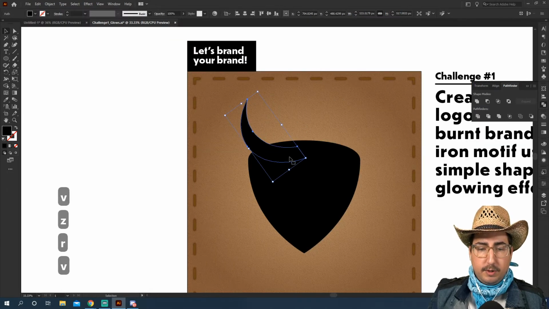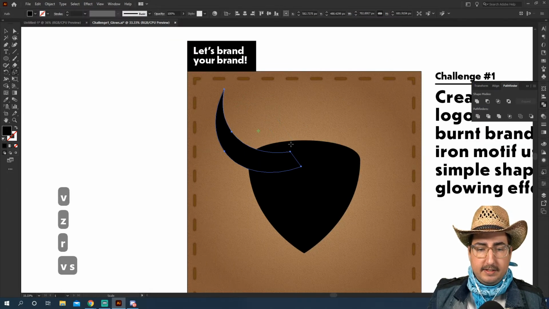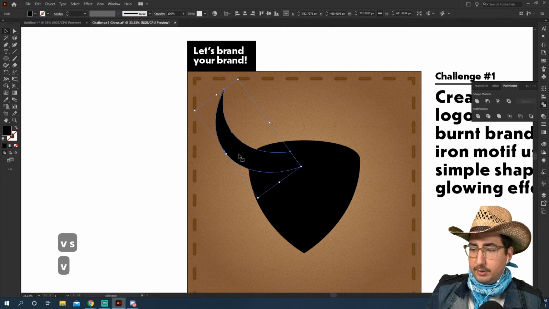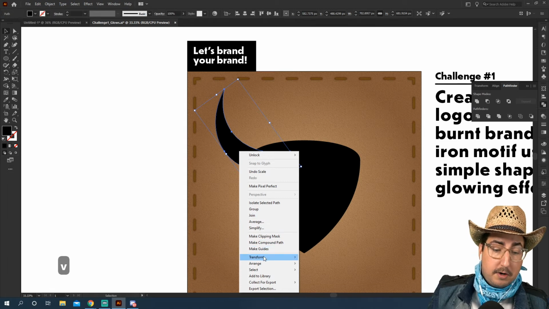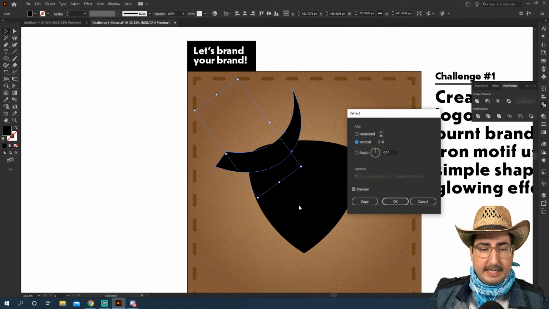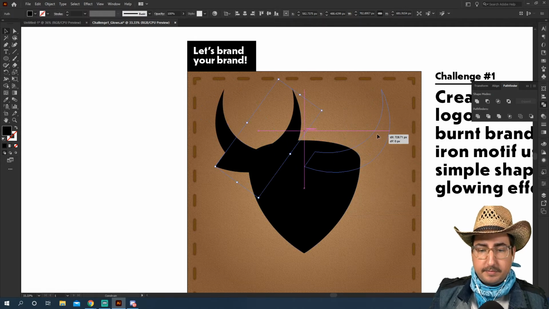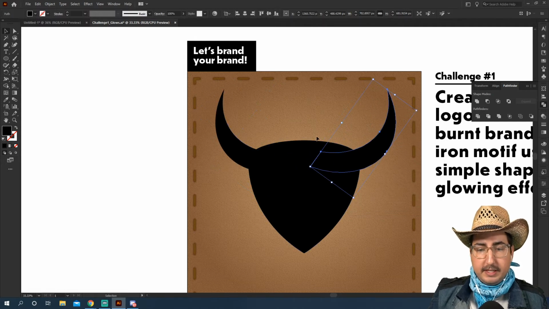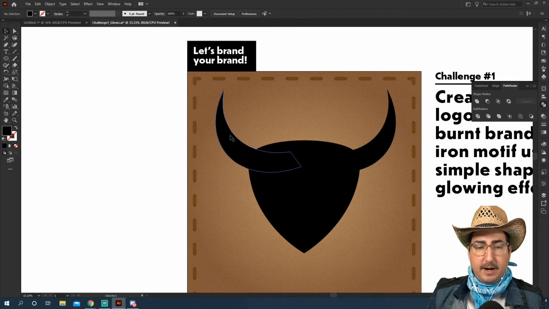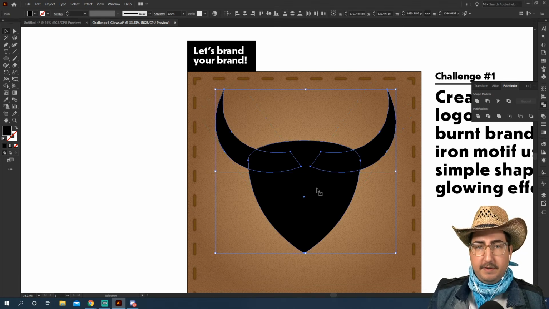I'm going to use R to rotate them a little bit and S to scale them up. There we go. And then I'm going to make another one for the other side. So I'm going to right click, transform, and reflect. We'll hit copy here, and that will make a copy of that for us. Cool. So I'm just clicking and dragging and holding Shift, and now we have this awesome kind of bull head